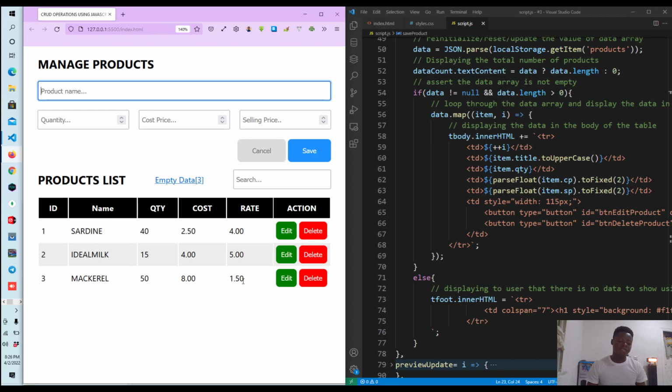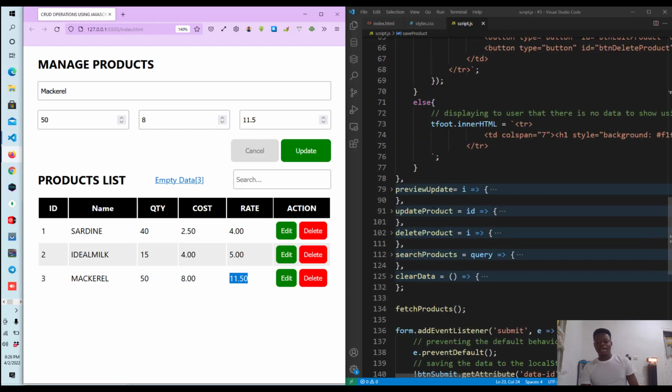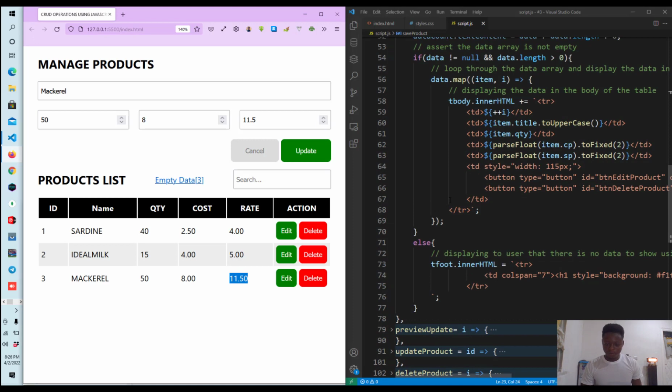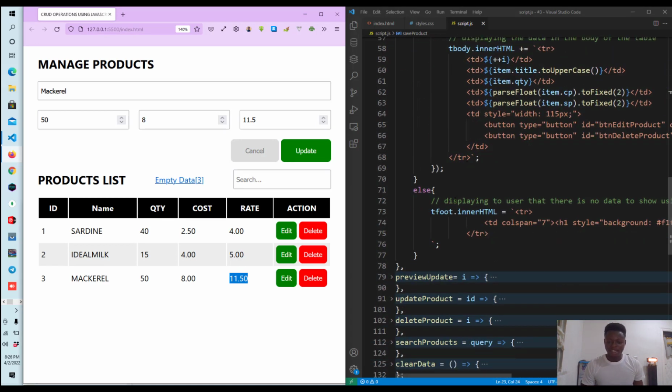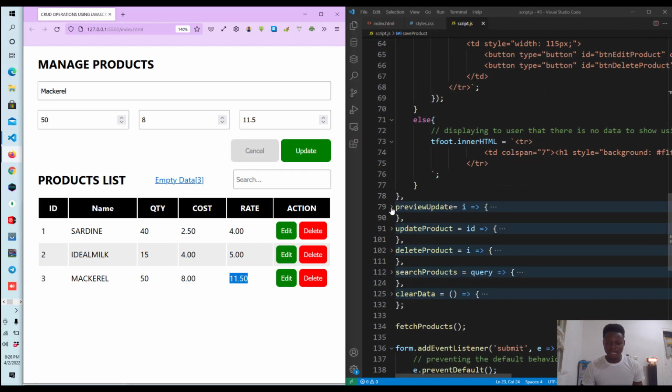Sorry, this is a mistake. This is a typo here. So the edit button here will help us to correct this. This is supposed to be 11 CDs, 50 pesewas. So the moment I hit update, you can see that the data has changed. We've made the correction, and that's made possible via calling the update method. Okay, so since we are done with the fetch products method, which just displays the data to the user,